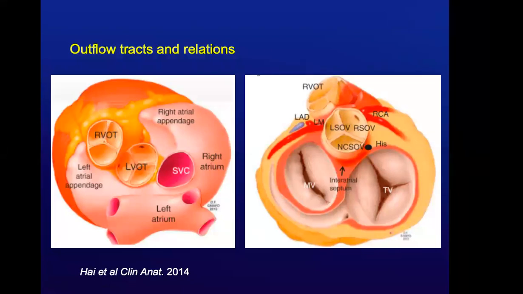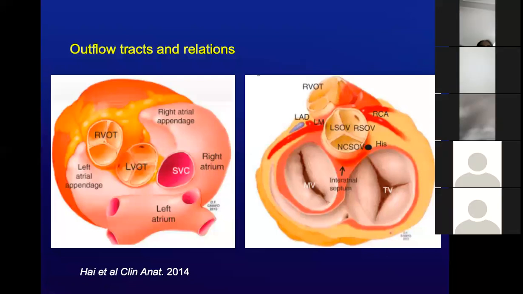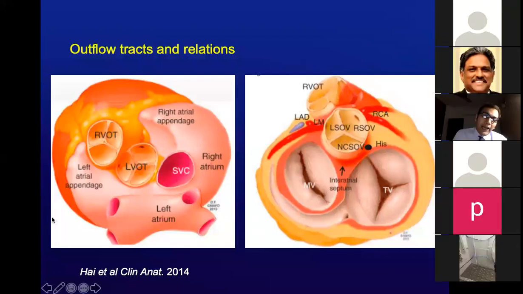This is one of the most important causes of a continuous murmur on the chest after a PDA in infancy. Patient will present to us with hyperdynamic circulation, and depending on where the sinus of Valsalva has enlarged, you will get entry into either the right atrium, you may get entry into the left atrium, or perhaps into the ventricle.